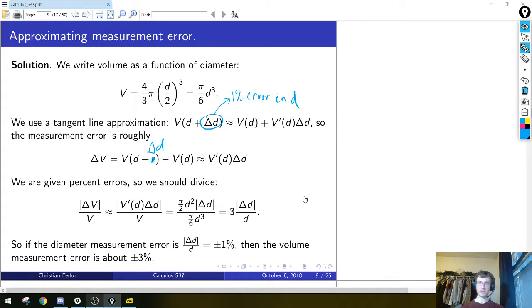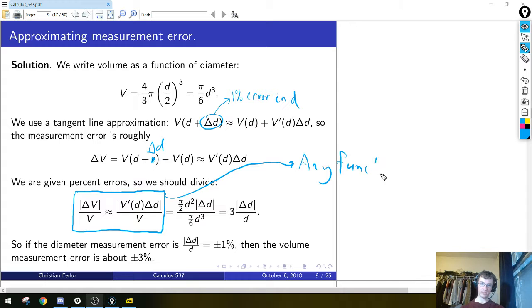So the only reason I'm showing it to you this way, even though the previous solution that we just did works, is that this gives us a very nice formula for measurement errors that works for any function at all, right? Nowhere in this derivation so far, well, we stated it, but I haven't plugged in what the function v is yet. So this thing works for any function f, so if you're measuring any quantity,